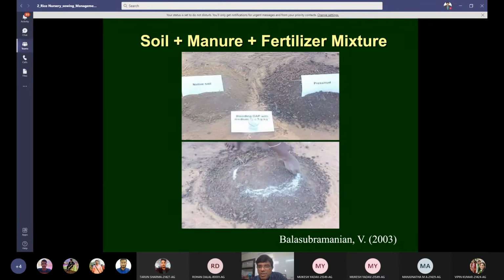Now, this is how the mixture can be prepared. If your farmyard manure is not available, then the farmer can use press mud also, in place of compost or farmyard manure, and take some native soil and DAP powder. These 3 items can be mixed and a mixture prepared. This mixture can be spread on the nursery beds in the frames. You need certain wooden frames in which this mixture can be filled and sowing can be done.